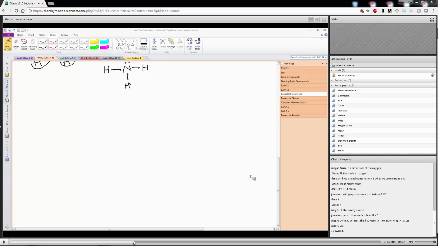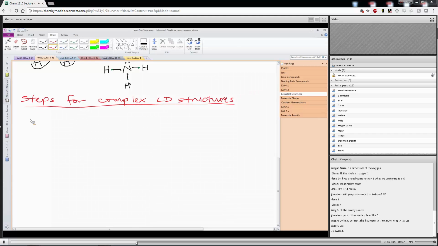But let's try this. So for more complex Lewis dot structures, there's 5 steps to follow. You can use these for all structures, simple ones too, but you're going to need to do them for the more complex ones. All right, so step number 1, we're going to count the total number of valence electrons